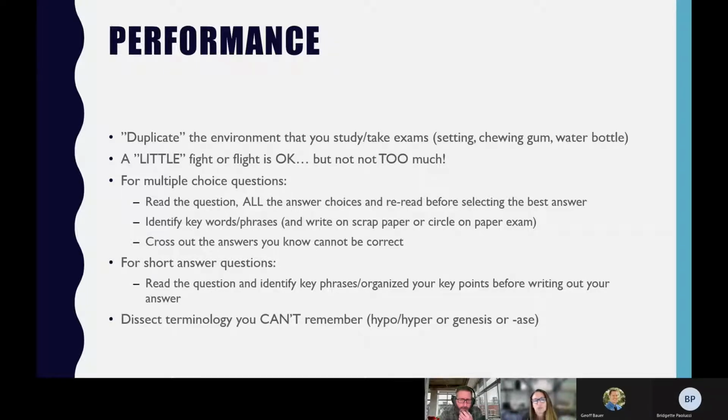Eliminate the things that you know absolutely can't be correct. Or if you're looking at something with organic terminology, I'll let Dr. Keller explain. But for me, if I know I'm looking for something that has to be a left-sided deficit with vision, well, I'm going to cross off anything that says the right side, because now I can focus on the two answer choices that have the left side in them